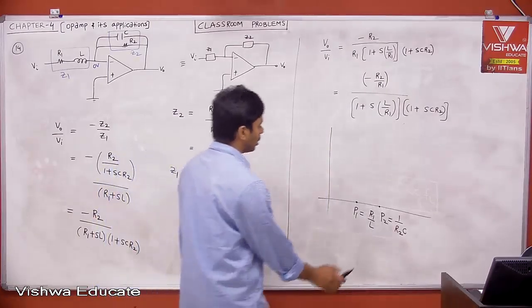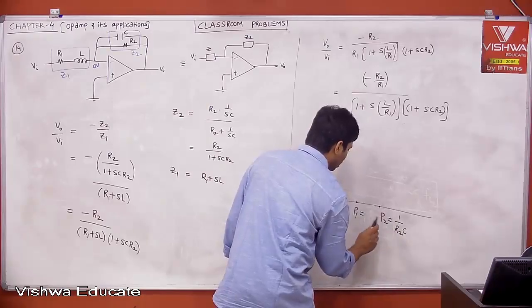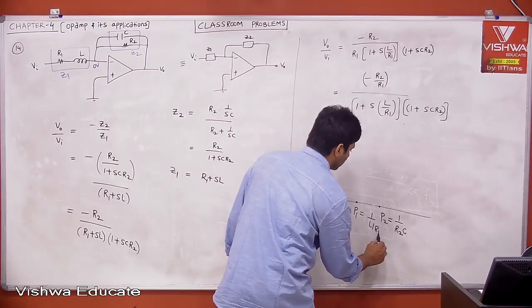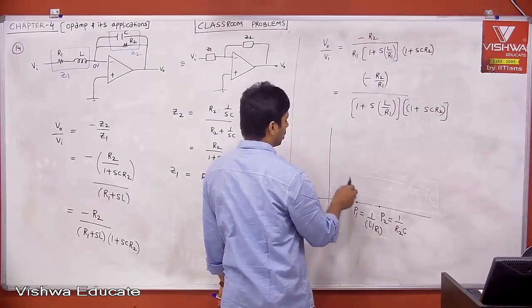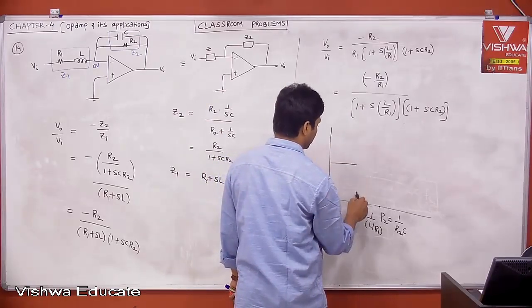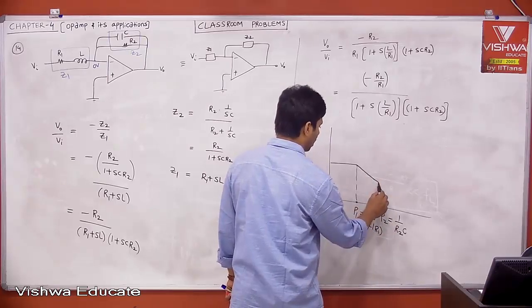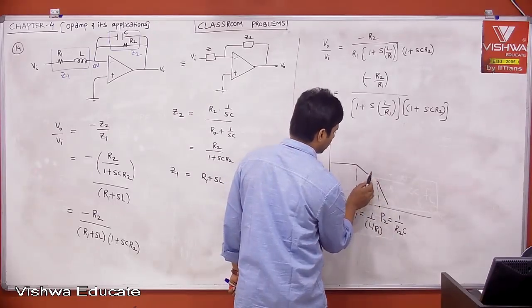1 by RC. This is what people call 1 by L by R. L by R is nothing but L by R1. Right? Then up to the pole, Bode plot. There is nothing. Pole: 20 dB per decade, minus 40 dB per decade. Right? Therefore, let us say